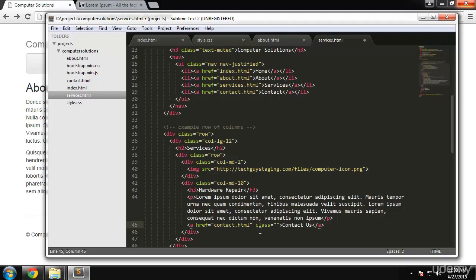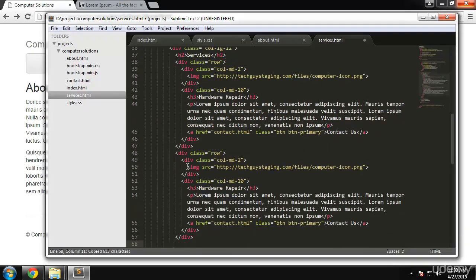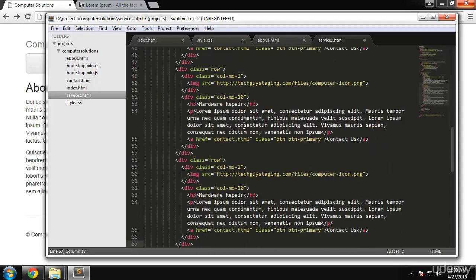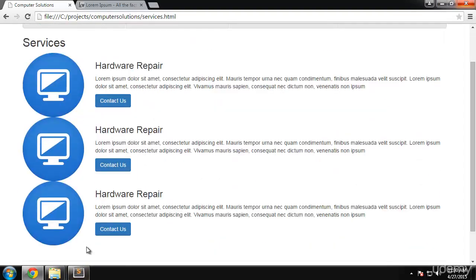So we want to give it a class of btn and btn-primary. All right, and then what we're going to do is take everything that's in the row, including the row div, and copy it, and then just paste it like that. All right, and then if we go to services, okay,